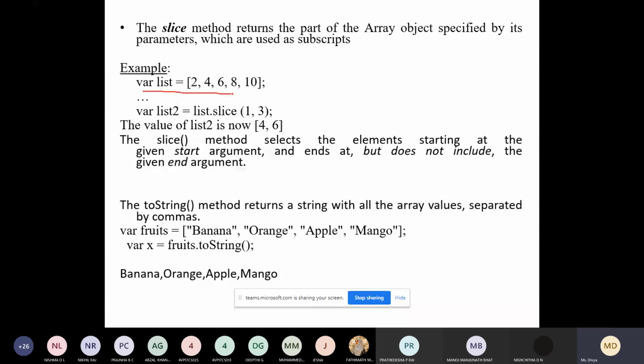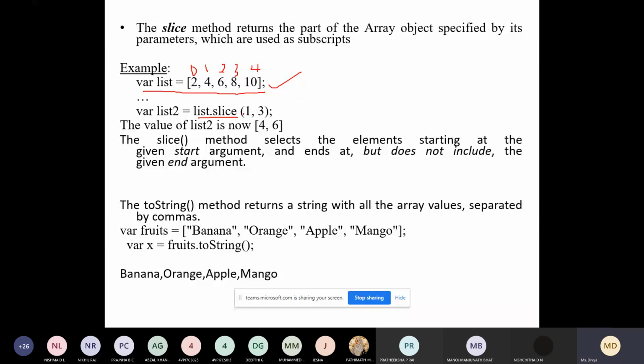This is one more way of declaring the array using square brackets. Here we have elements, those are numbers, with the index 0, 1, 2, 3, and 4. And now we are using array name dot slice 1 comma 3.